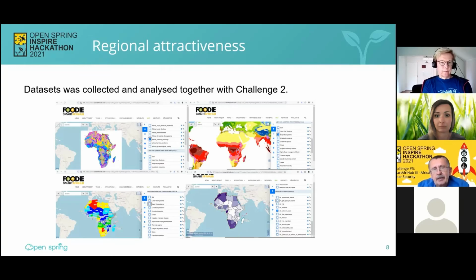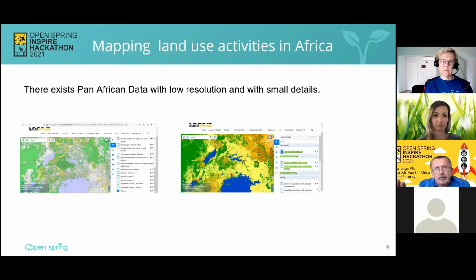On SmartAfriHub, you can see the result, and challenge 2 will present much more deeply how this comparison of countries was done.